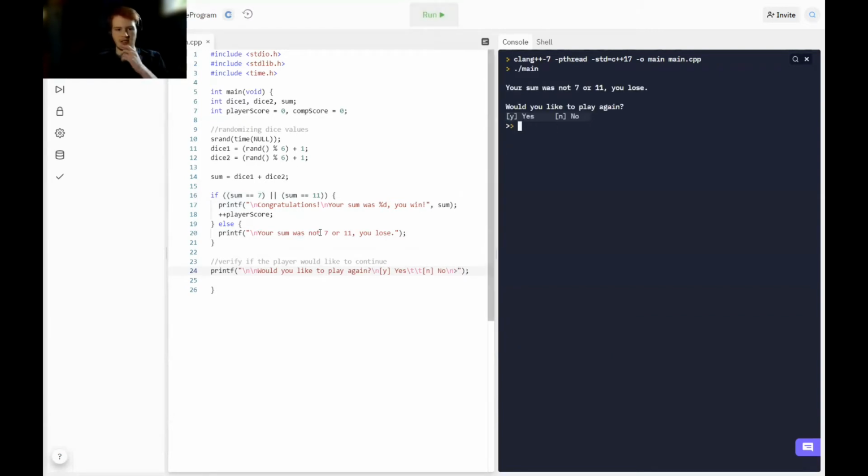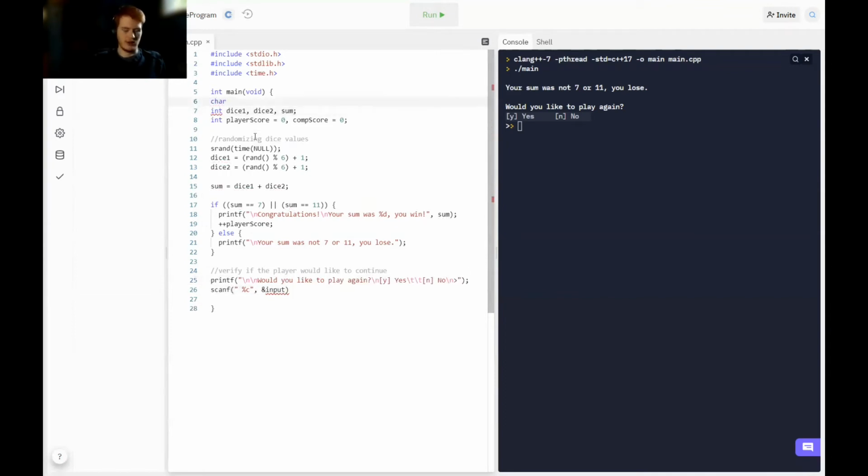There you go. So underneath this, I'm going to go scanf. And you have to be kind of careful with scanf. It's a little bit finicky. It's kind of broken. So we're going to go %c. And let's make a character variable called input. So ampersand input. That means we have to come up here to where we declare our variables, and let's do char